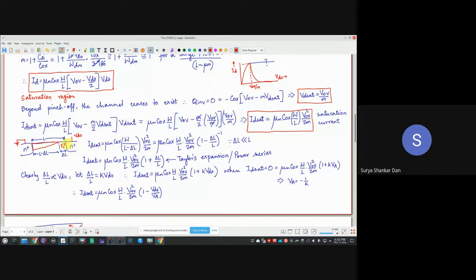So if the lateral field is very high between these two ends, then this field will be high enough to induce tunneling between these two terminals. So I think Ashok told about tunneling. The first phenomenon that happens is there is a depletion region, and since this delta L, the pinch off region, is very small, the field inside this depletion region along this axis in the pinch off region is going to be so high that it is going to initiate tunneling between this small region.